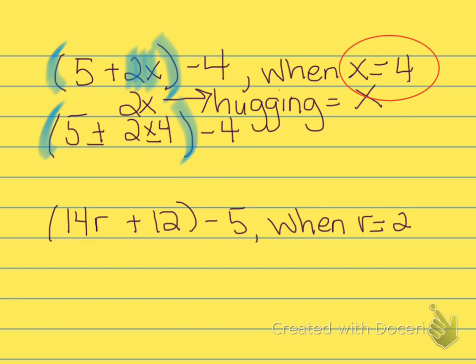2 times 4 is 8. We can drop down our plus 5, and then we can drop down our minus 4. Okay, so let's go left to right. It says 5 plus 8, well, that's 13. Then if we subtract the 4, that is equal to